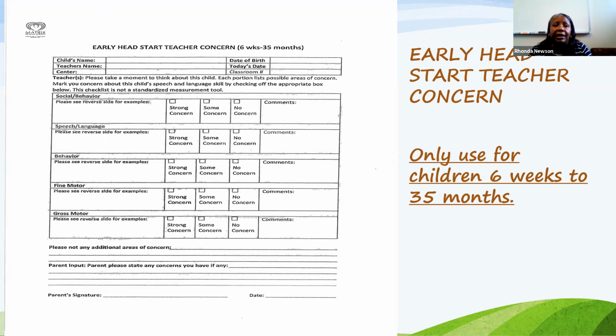Now we have that parent that is in denial about little Johnny. Little Johnny smacked everybody in the classroom. He does this all the time, basically. But the parent is in denial about it. Oh, little Johnny doesn't act like that at home. No, not my little Johnny. So if the parent refuses to sign, what I need you to do is sign your name on the side here and date it, and say parent refused to sign.